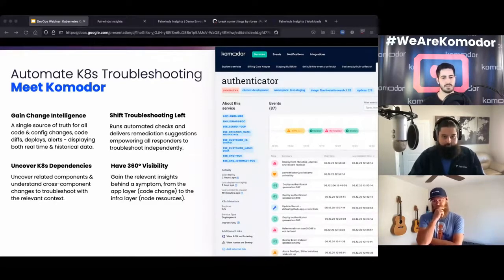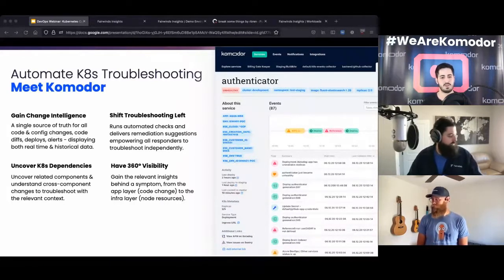Then the agents report what's happening on the cluster. Komodor processes millions of Kubernetes events every day, and then bakes those events into our platform. And from there, you can do everything that you need in order to troubleshoot and in order to prevent issues on Kubernetes. So this is a brief about Komodor.